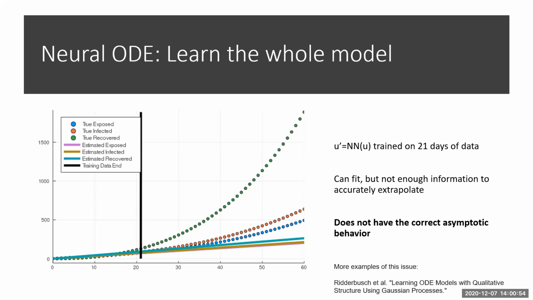I'll go into, at the end half of the talk, how we actually find what the parameters are of these neural networks embedded inside the differential equations. But this is the now classic neural ordinary differential equation where we just say u prime is completely given by a neural network. And while it is able to find the dynamics on the data that we train it on, from 0 to 21 days, when we extrapolate into the future, you see that it doesn't extrapolate well